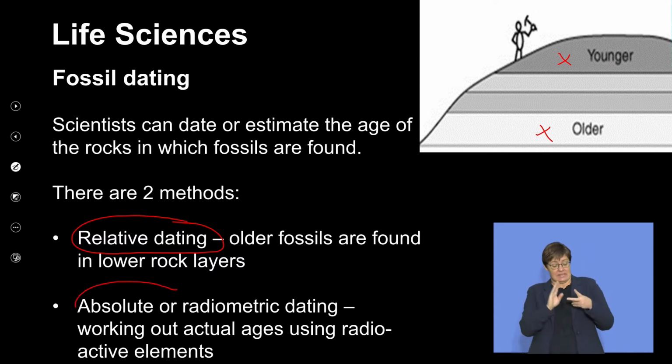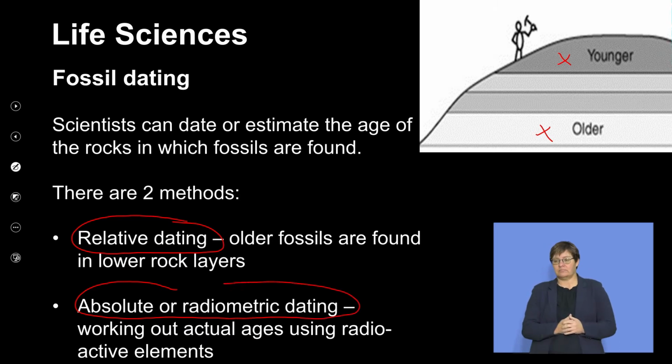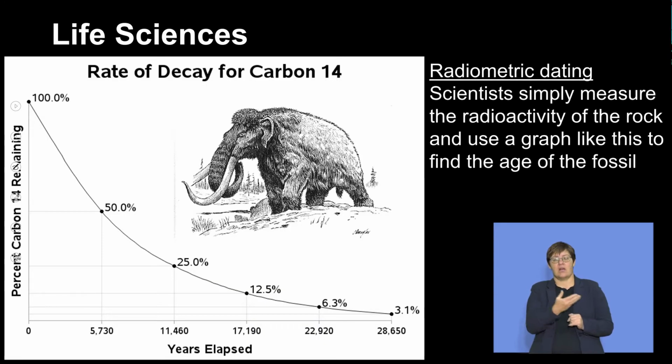The second one, the one that is scientifically accurate, is absolute or radiometric dating, and here scientists can work out the actual age, give or take a couple of million years, using radioactive elements, which all have what is called a half-life. And I know this section is confusing, but for scientists it's quite simple. They measure the radioactivity of the rock, and they use a graph like this. So if there is so much